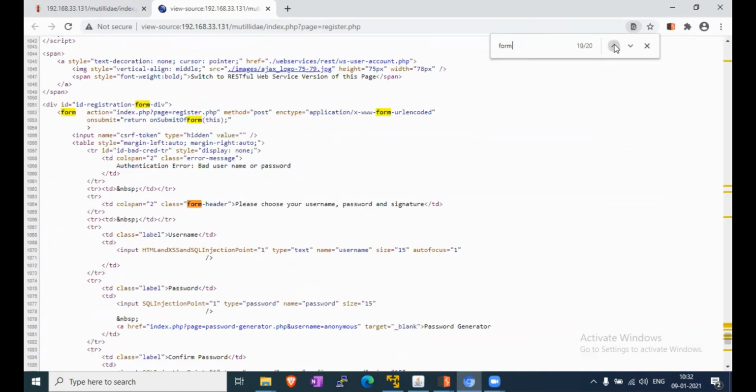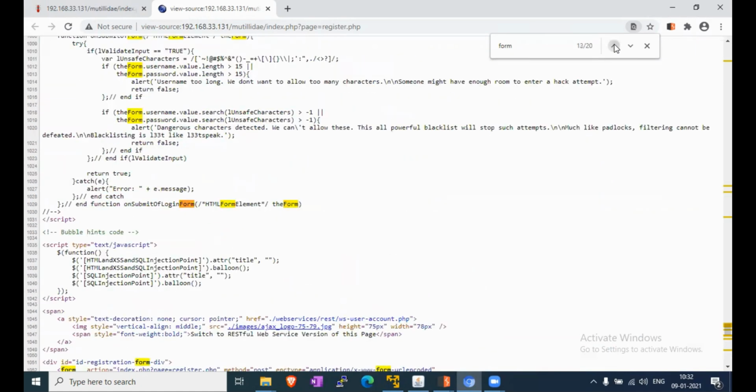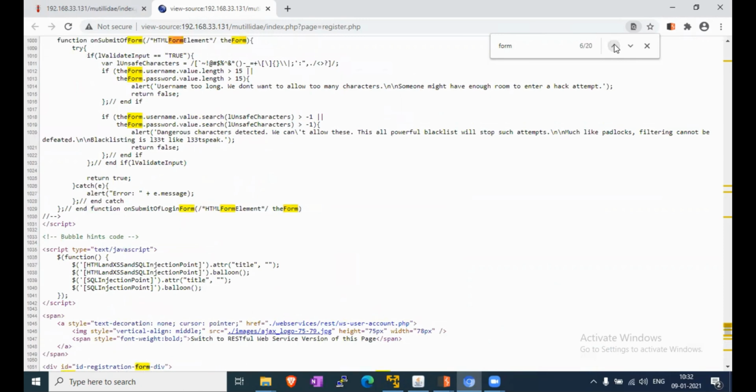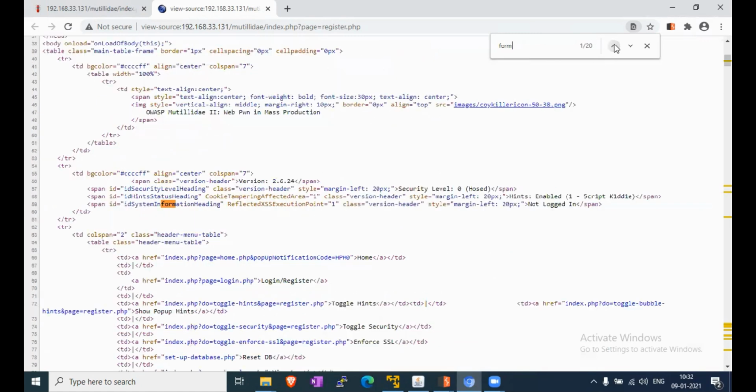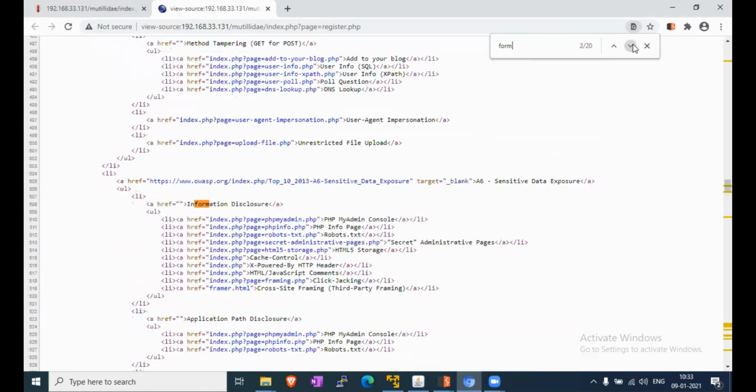If you are using the community version, then you have to find the source code and generate the form yourself.